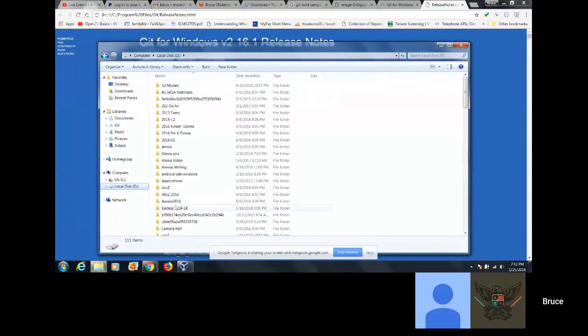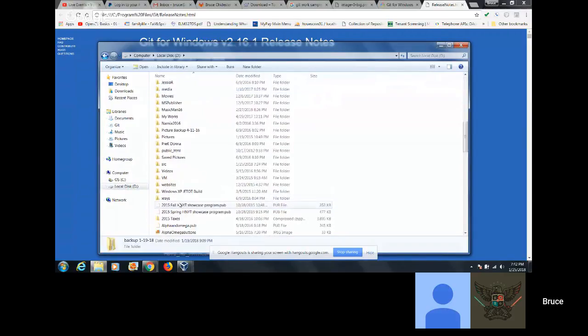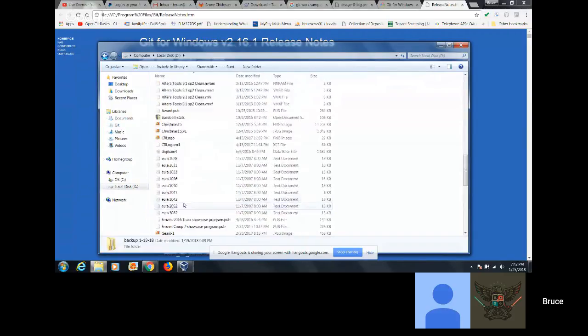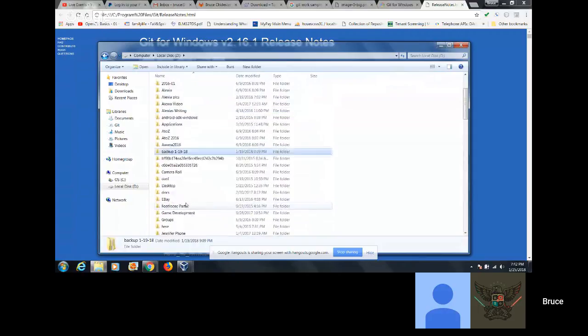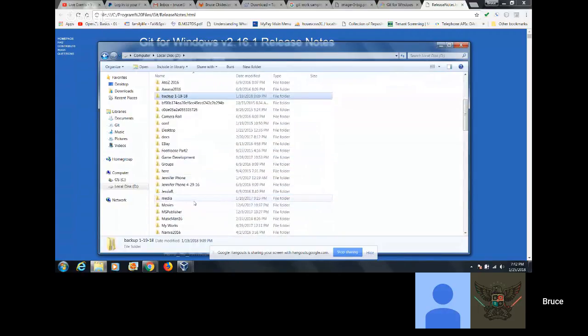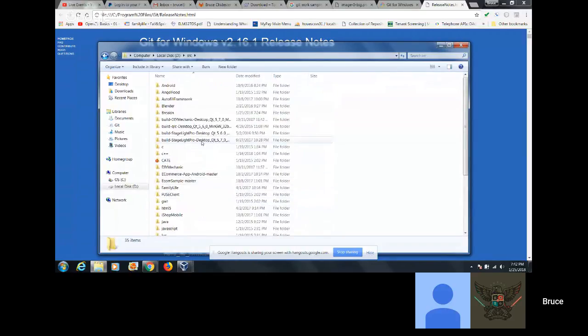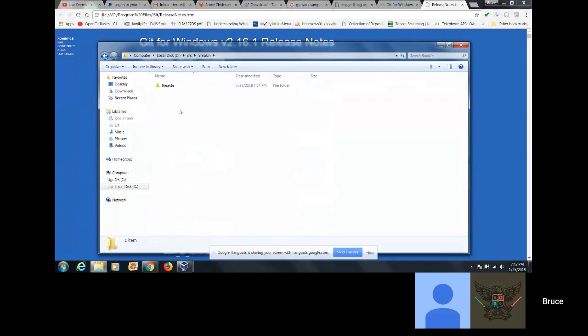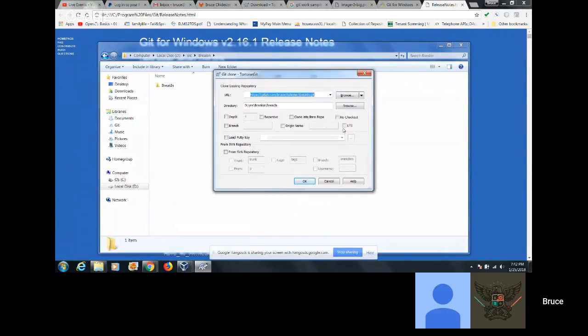Okay, so go to your source area, your source folder. Here's my source. Then go to break-in. Now, in my case, you guys should not have anything in here, right? Nope. Okay, what I'm going to do is a git clone.